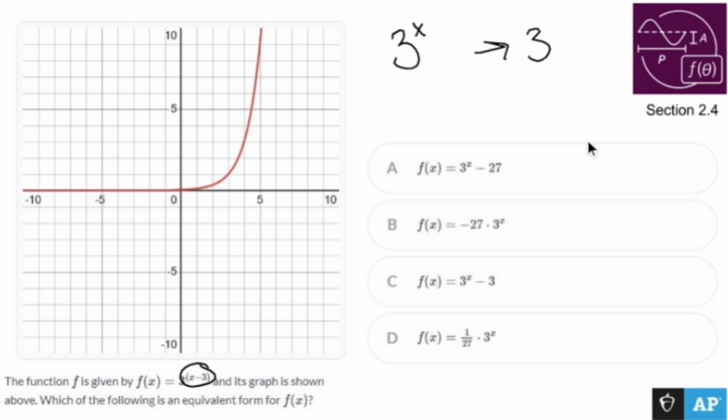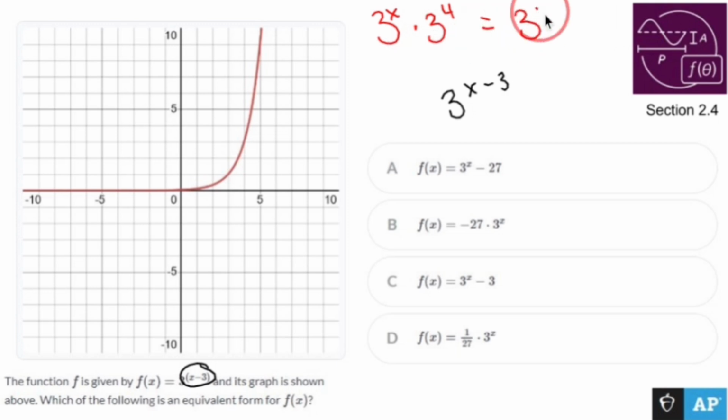What they want me to do is turn 3 to the x minus 3 into one of these guys. Now, whenever you get two things being added together as an exponent, it's because you multiplied terms of the same base. So let me go in reverse. If I gave you a problem like 3 to the x times 3 to the fourth, you would say these are terms of the same base. Let's add the exponents: 3 to the x plus 4. What must these be in order to get something like this? Well, that 4,